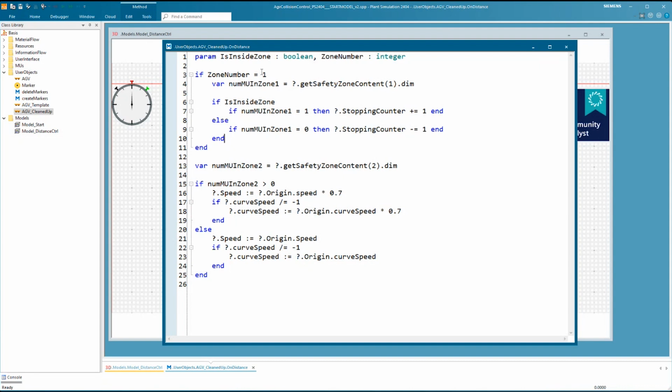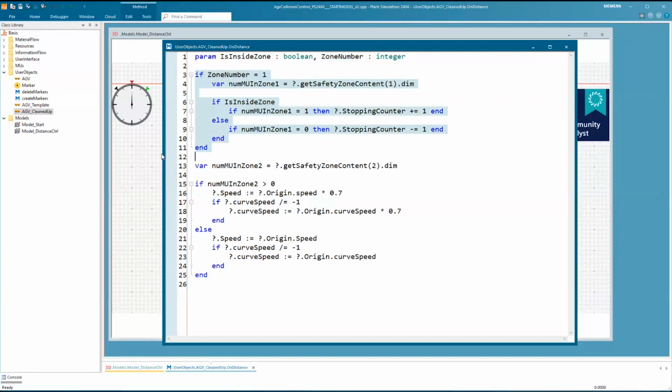So the two parameters you get are first the Boolean that tells you, did somebody else enter or leave one of my safety zones? You always have to think of this method from the point of view of one AGV. This method is called and it tells you, did some other AGV enter or leave one of your safety zones, and did it happen to zone number 1 or 2?